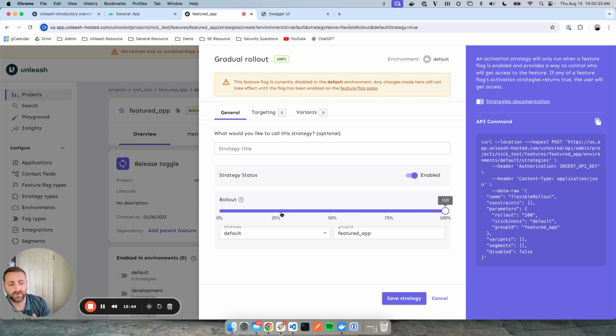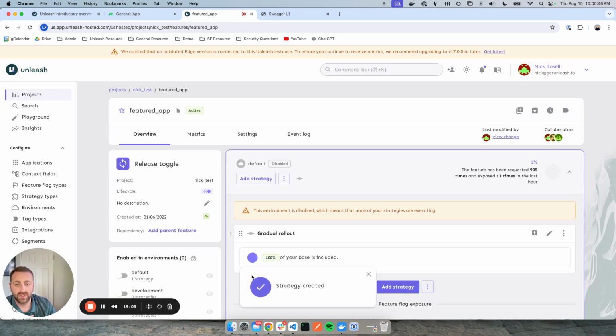It means that you can go and set a feature to only be released to 5% of your user base and then grow it out to eventually 100% when you're confident that it's not causing any issues in your application. So really powerful way to be able to grow out your strategy here, but I'm just going to set it to 100% so that I can very much be sure that I'm going to get this feature when I go